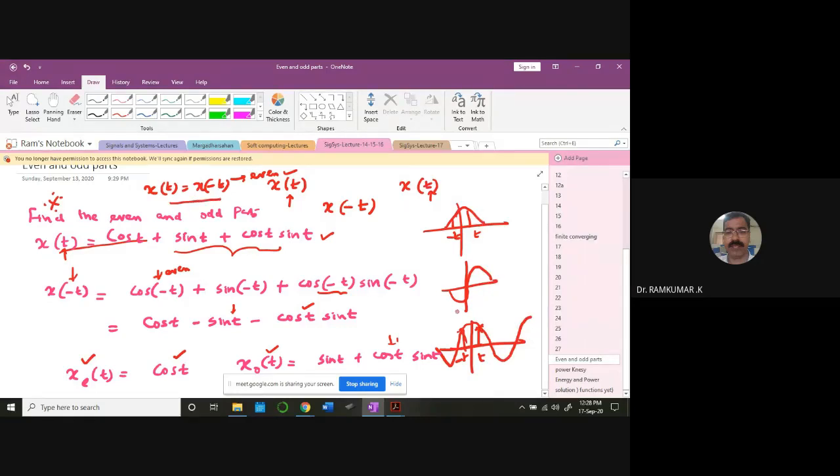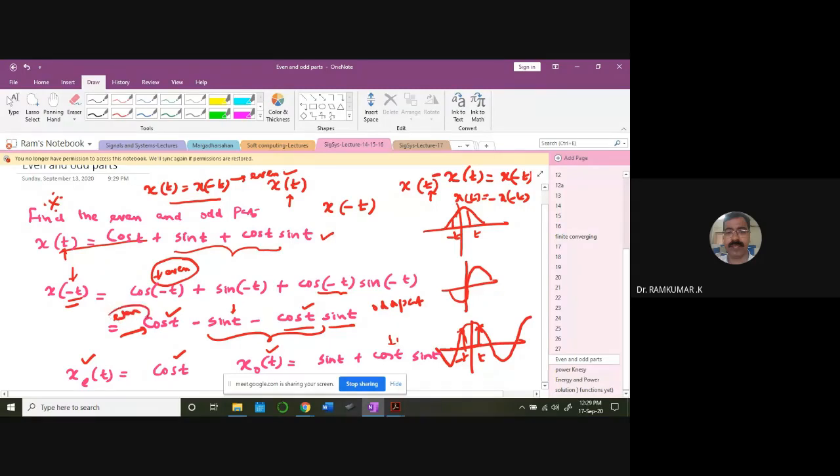But if you look at the sin t, clearly you can see that x of t will be equal to x of minus t if this is negative. Or else I can say x of t is equal to minus of x of minus t. So that's the waveform we are talking about. So naturally, when you put cos t and put minus t here, I get cos of minus t, so naturally it is an even part. Same signal I'm getting. But for sin t I'm getting minus sin t, and for cos t I'm getting minus cos t sin. So naturally, these two parts are the odd part of my signal. This is my even part, and this is my odd part.